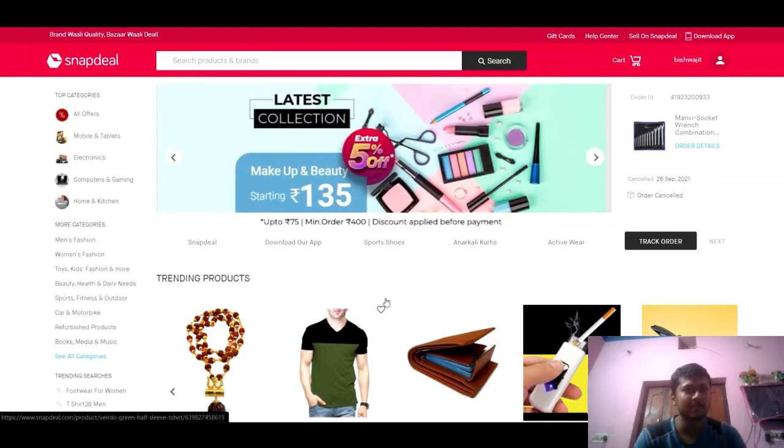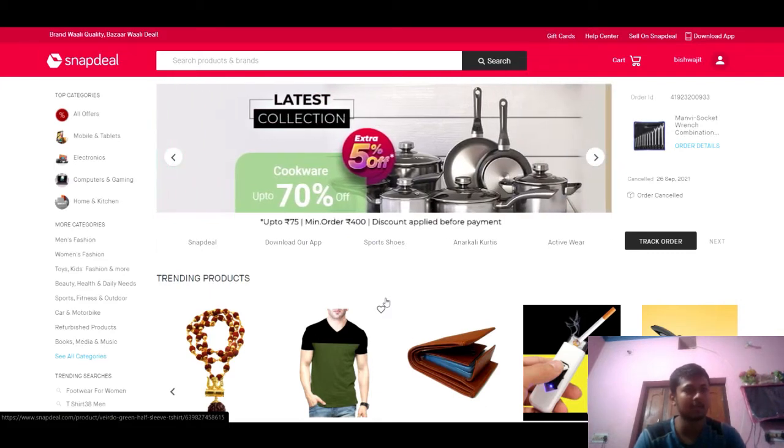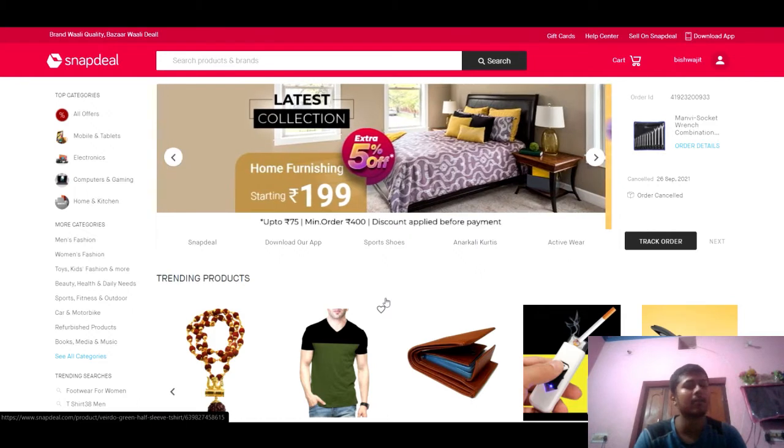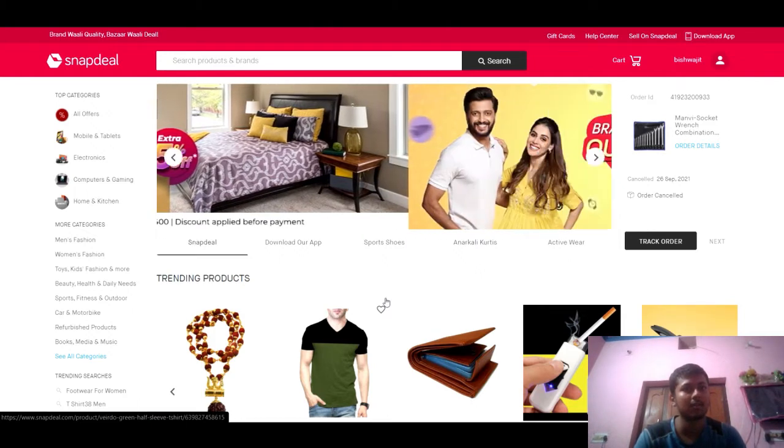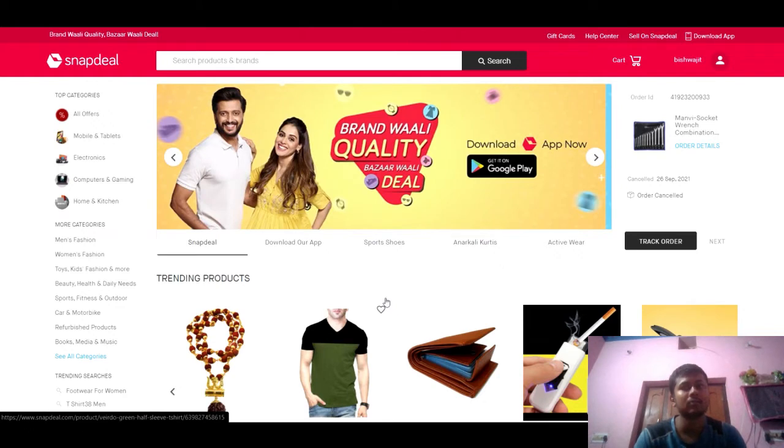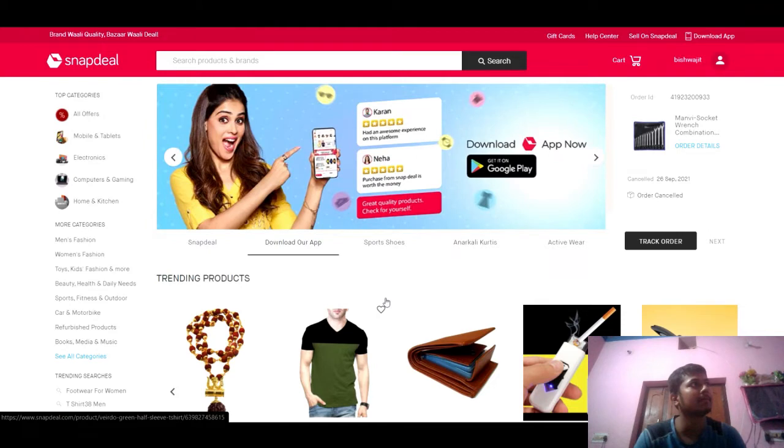We are doing this usability testing on Snapdeal.com. We are basically testing its website, how user friendly it is. It is in no way a test of your skills, so you don't need to panic or get stressed.